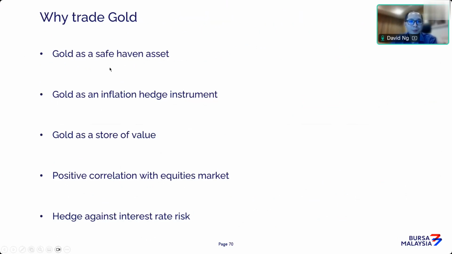So why trade gold? I just want to give the final conclusion points. Gold is a safe haven asset. It's very evident. Second, inflation in the US is something to be watched out for, and I think gold will tend to benefit. As a store of value, gold has proven time and time again, over the centuries, that it has risen in value. And as an asset class, it remains very relevant.